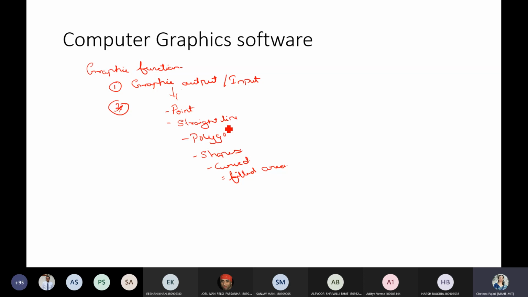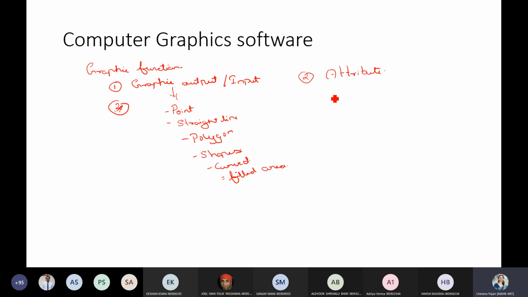It's basically the graphical shapes or components which you are going to use to design your object, right? And then you have something called an attribute. Attribute is with respect to your component. Say, for example, you are drawing a line. You want to specify the style of the line. What style are you going to use?